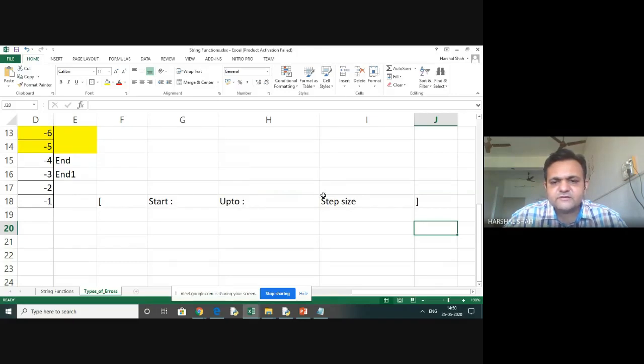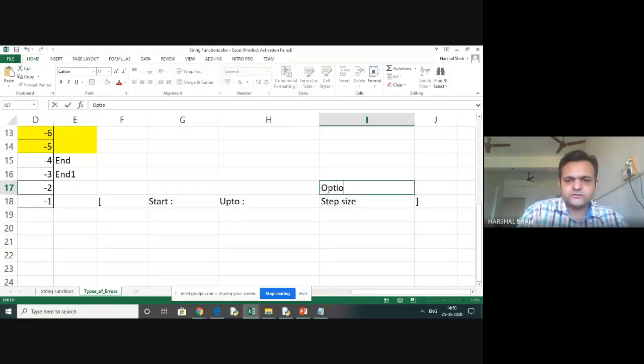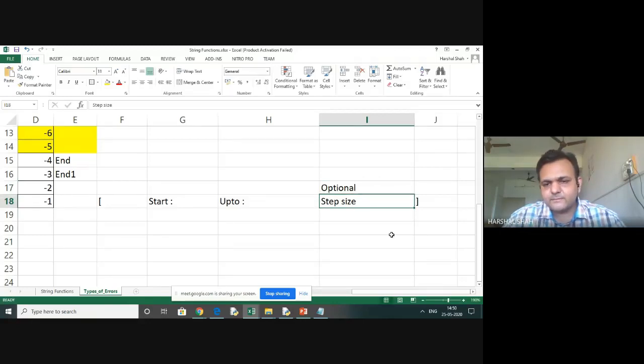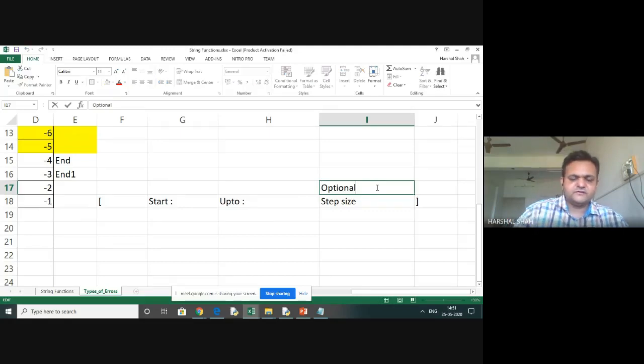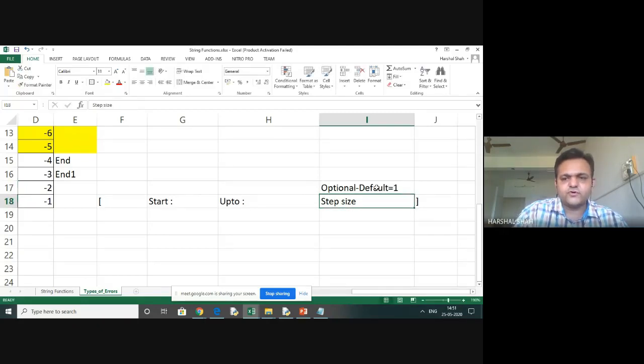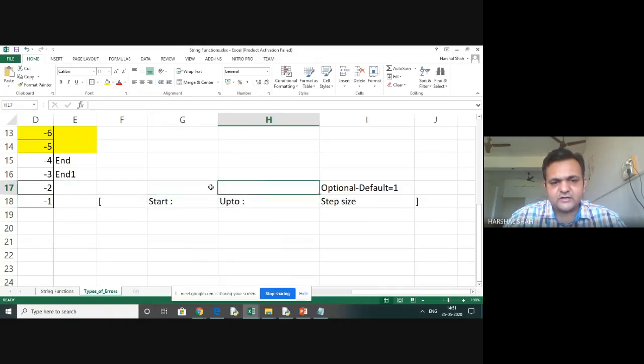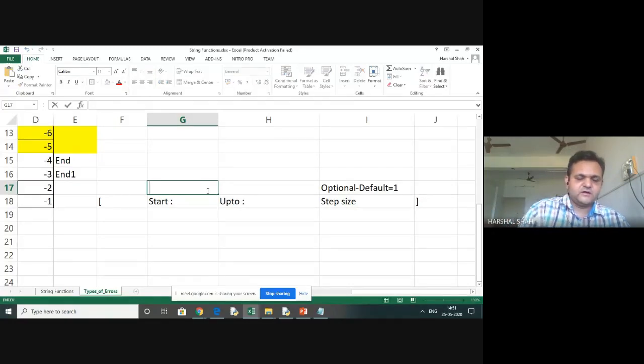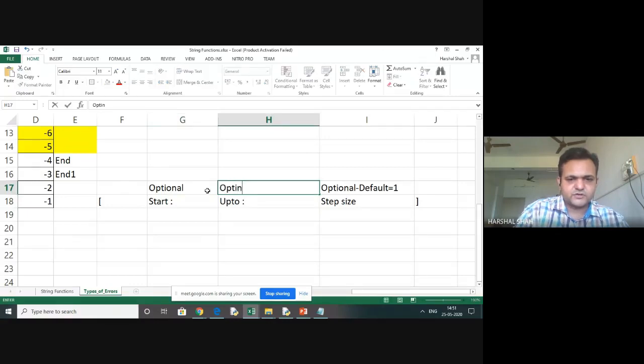Now, this is optional. If required, you can mention it. It is basically optional, and the default is equal to 1. So if you don't mention anything, the step size will be considered as 1. The numbers here are also optional. Remember that. If you don't mention them, this is also optional, this is also optional.